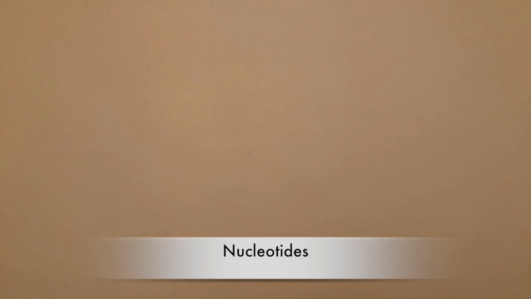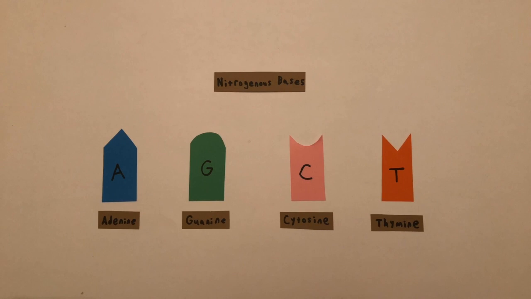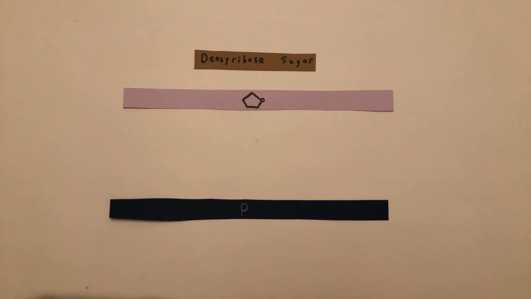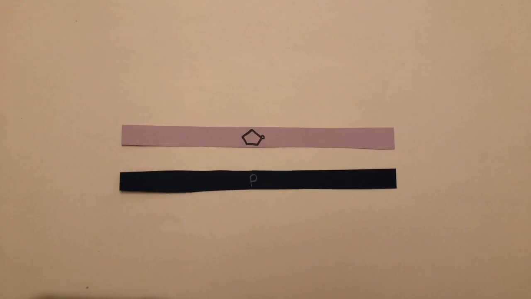Nucleotides, the building blocks of DNA, are each made up of one nitrogenous base. The four bases are adenine, guanine, cytosine, and thymine. Adenine and guanine are purines, and cytosine and thymine are pyrimidines. Nucleotides are also made up of the pentose sugar deoxyribose and a phosphate group, and together they make the backbone